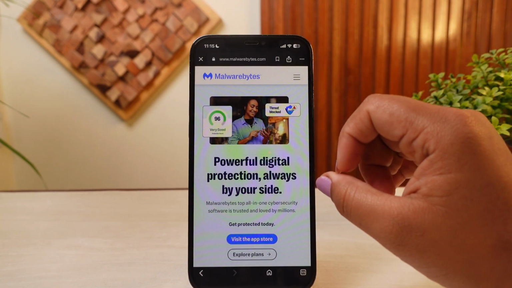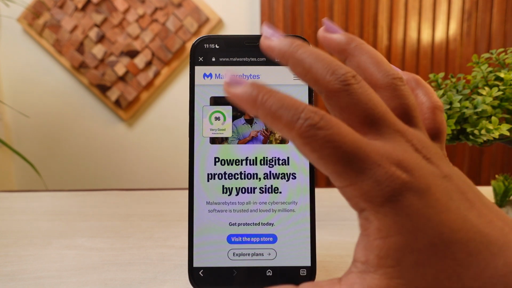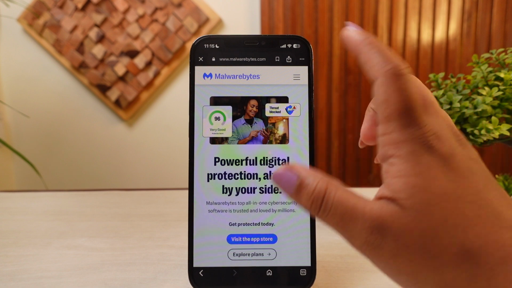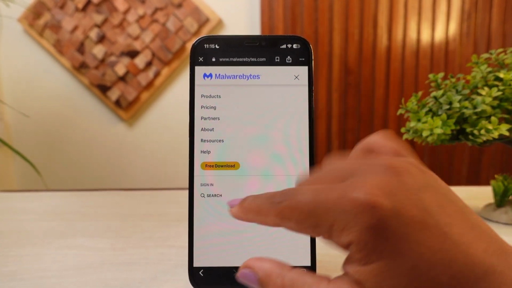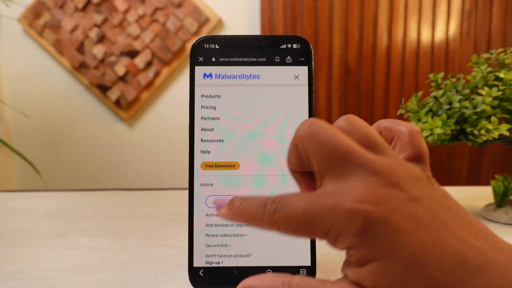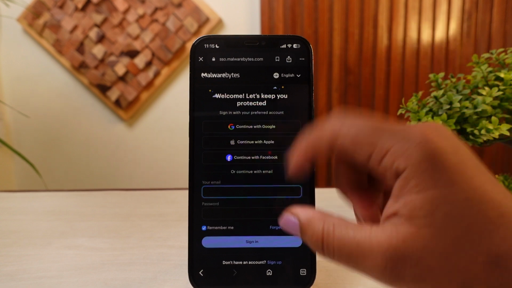Then from there, what you can actually do is simply tap on the menu bar right here on the top right corner, or you can even use the application version of it. It really depends on you. Just make sure that you're logged into your account. You can see the sign in option right here. Tap on it, tap on sign in, and then add all of the credentials of your account, and then simply